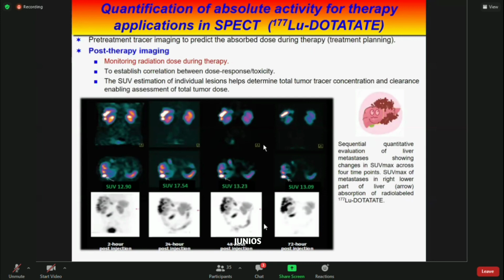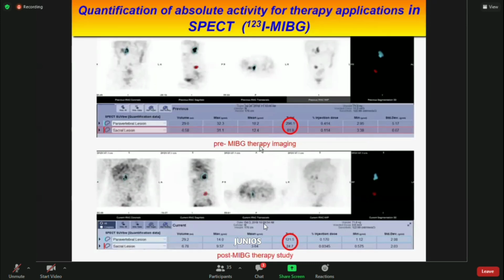This is the second example, where you can see that pre-MIBG therapy, the SUV values in the lesion are high, and after MIBG therapy, you can see here the